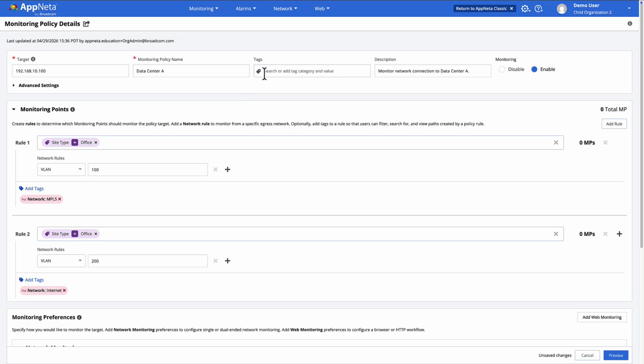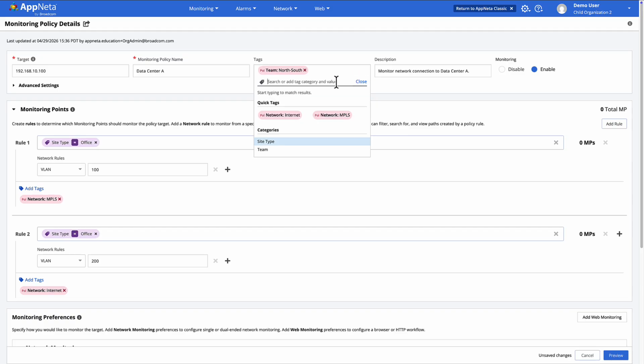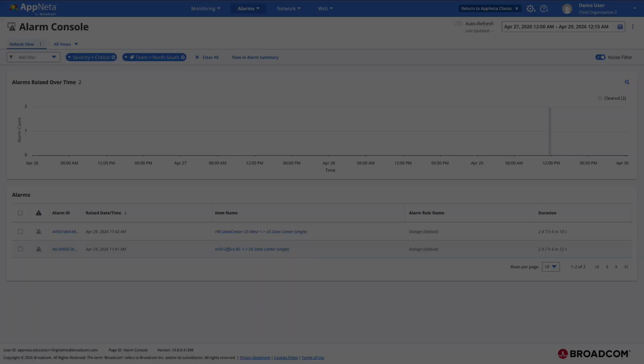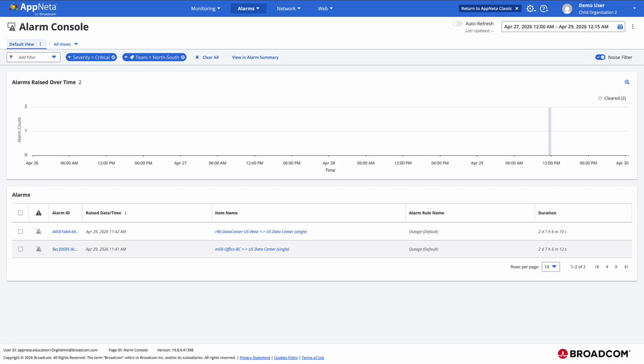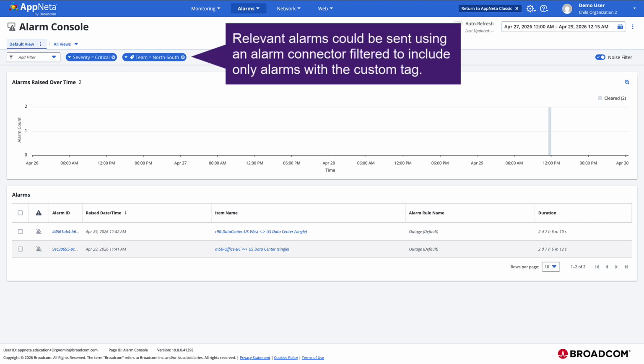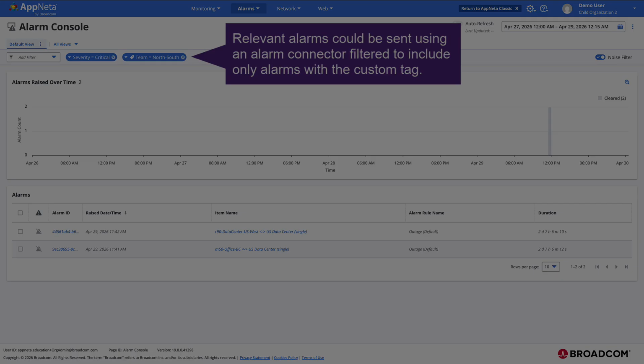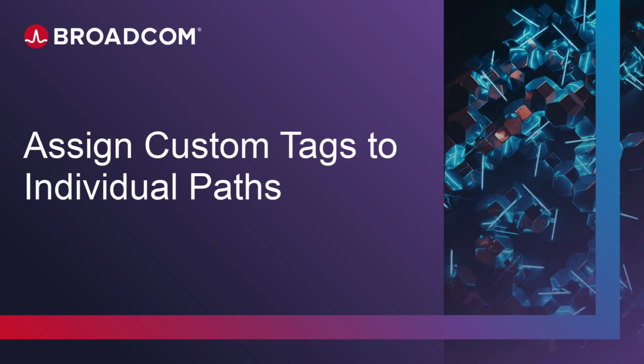In the relevant monitoring policies, we simply enter a tag category and value in the target details area. Now, the team can filter views in AppNeta using the custom tag. And relevant alarms could be sent to their team by configuring an alarm connector to only send alarms with the relevant custom tag. While individual paths inherit their source monitoring point and policy tags, in some cases it may be